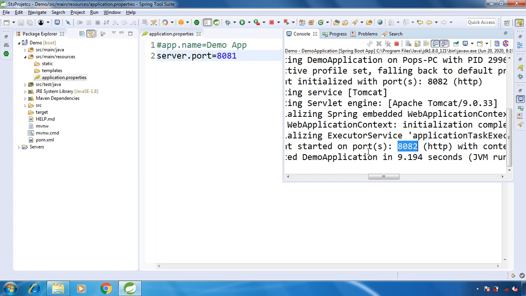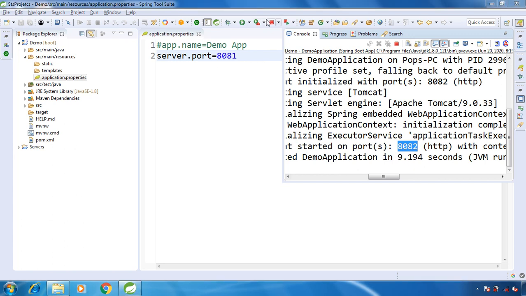You don't need to do it in both places. Either provide the port value in your application.properties file, or provide it with the VM argument, not at both places. VM argument value has higher preference than your application.properties file.